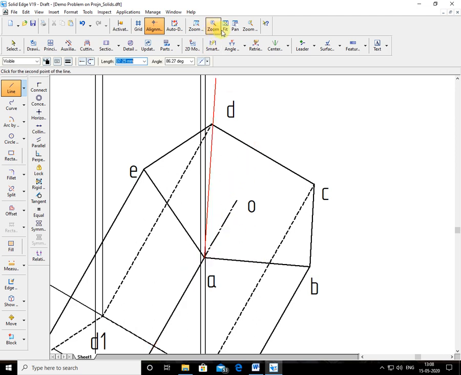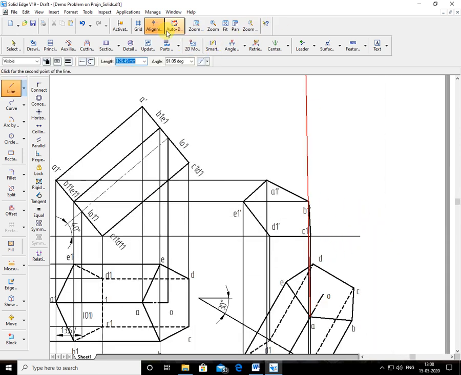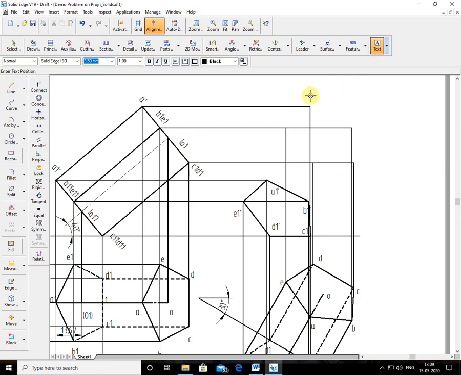A dash. And where is B? B is here, 90 degree. Activate B. This is B dash. C, 90 degree. Where is C? C is here. So D, 90 degree. D is on the C line. E is on this E line. Okay, these are 5 points. Again, you name these points. So where is A? This is A dash. This is B dash. This is C dash. This is D dash, and this is E dash.